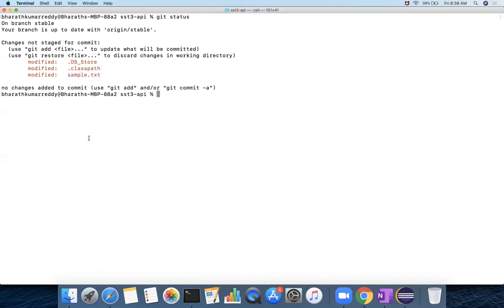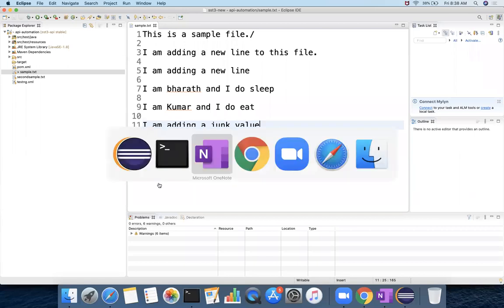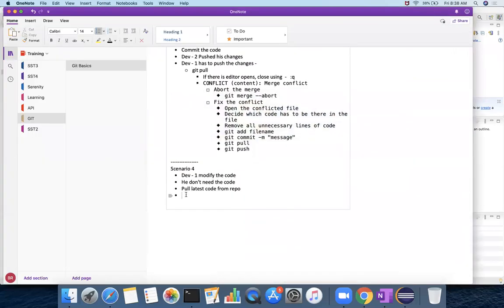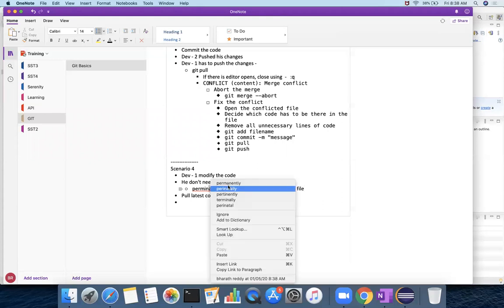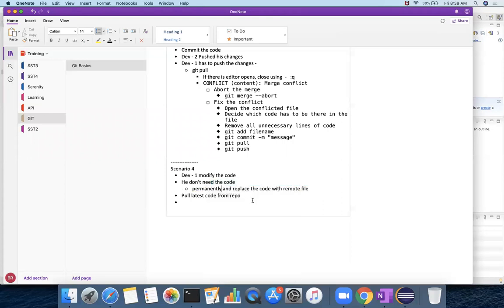If you don't want this change, you can do it in two ways. First, you don't want the changes permanently, and you want to replace the code with the remote file, whatever code we have in the remote file.